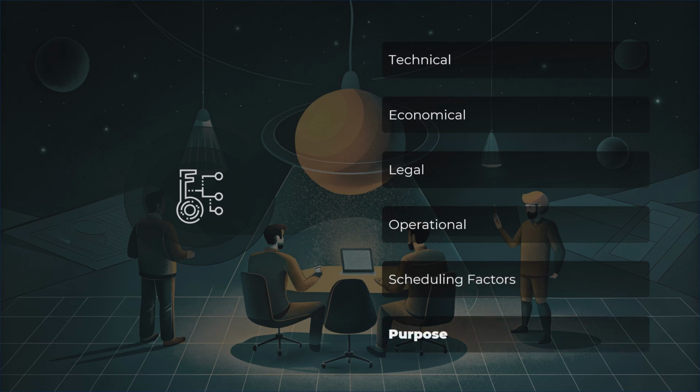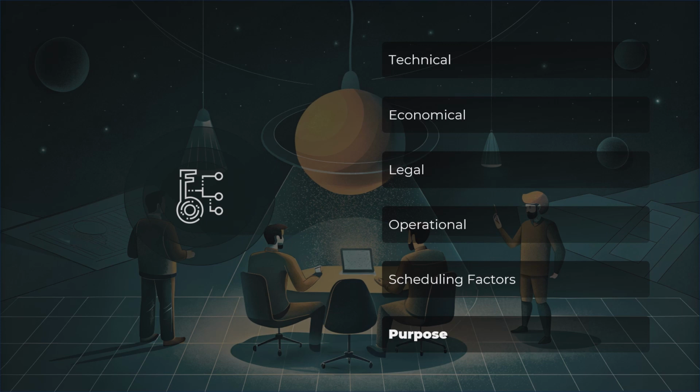Purpose of the feasibility study. Decision-making. The primary purpose of the feasibility study is to provide decision-makers with the information needed to make informed decisions about whether to proceed with the project, modify the project plan, or abandon the project altogether. Risk management. Assessing feasibility helps in identifying and mitigating risks associated with the project, thereby increasing the likelihood of its success. Resource allocation. Feasibility studies help in determining the optimal allocation of resources, including financial, human, and material resources, to